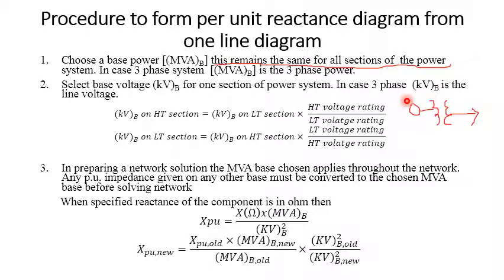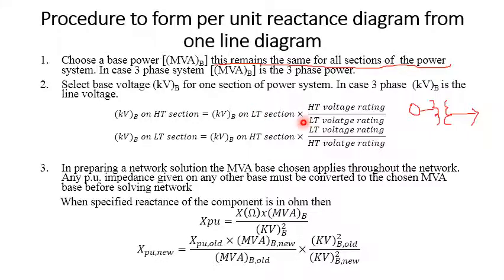That is nothing but, see, this ratio mainly deals with the ratio of the transformer. Just remember it. HT rating at this point and LT rating at this point. So in other words, what I can say is, if this is HT, this should be LT. If it is LT, this should be HT and LT.